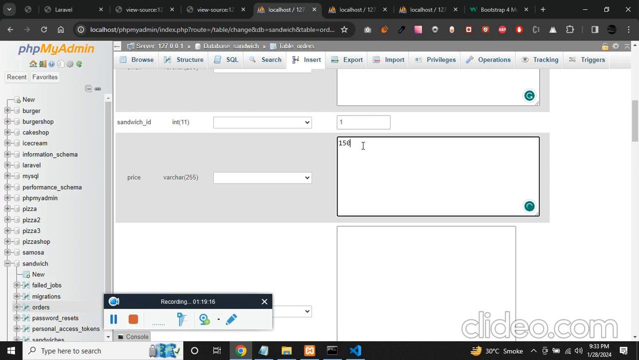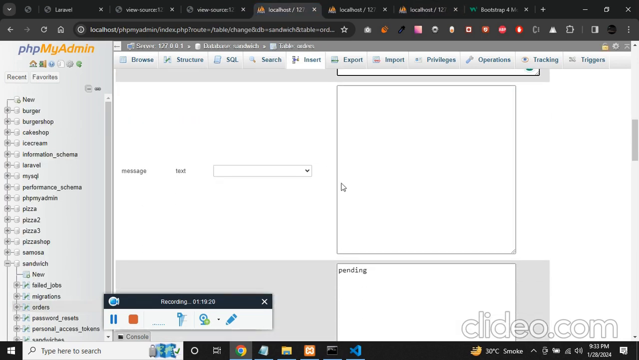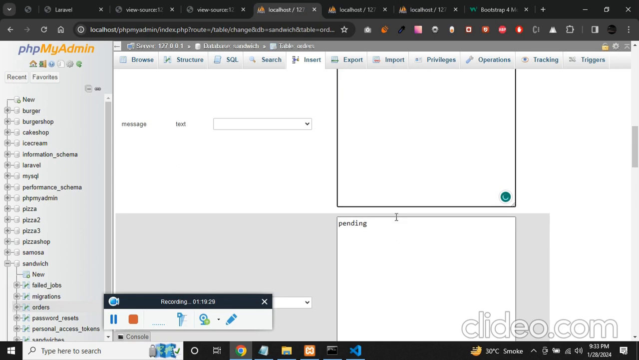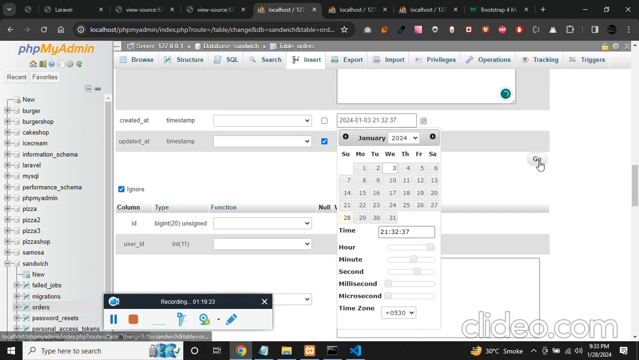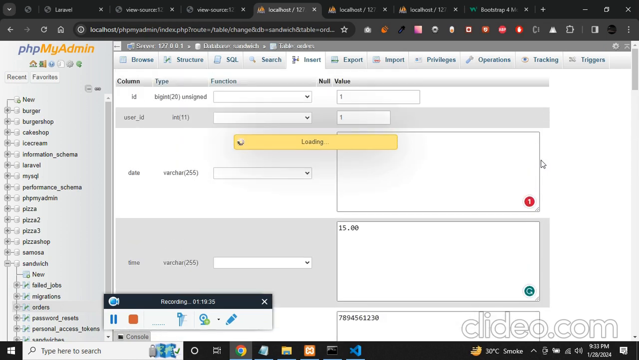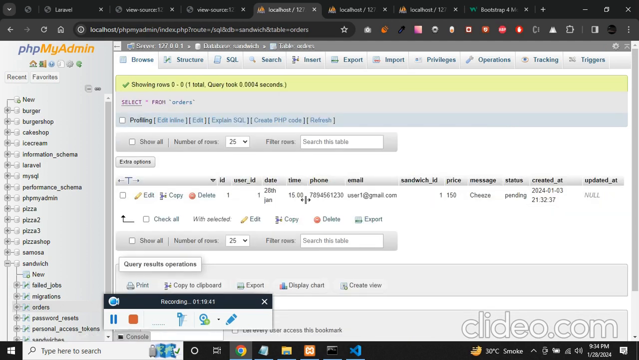and the price you can name anything. So it would come from here. So let's just make this a random value, and the message is, make this add cheese also. A client is sending, user is sending, and let the status be pending. Click on the created at and click on go. So one row would be there in the orders table. So we need to display this